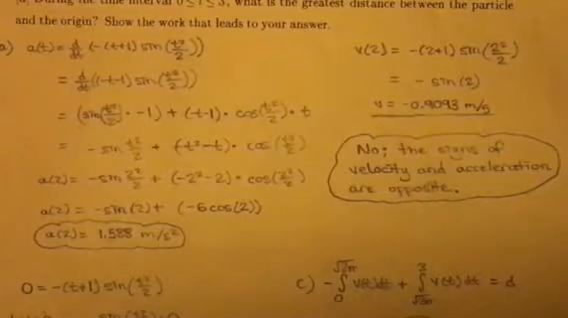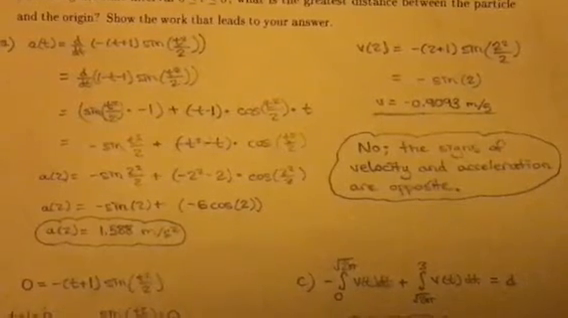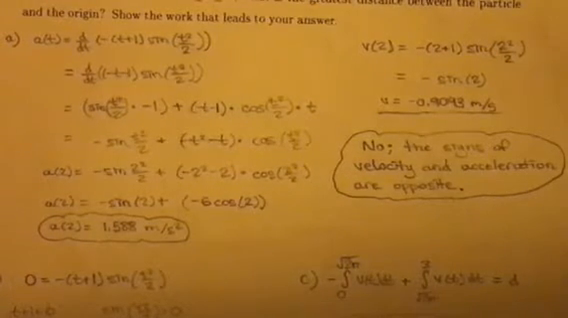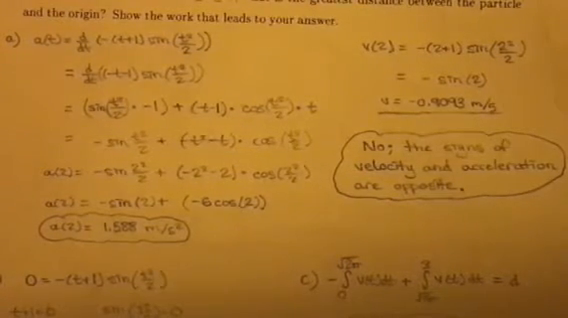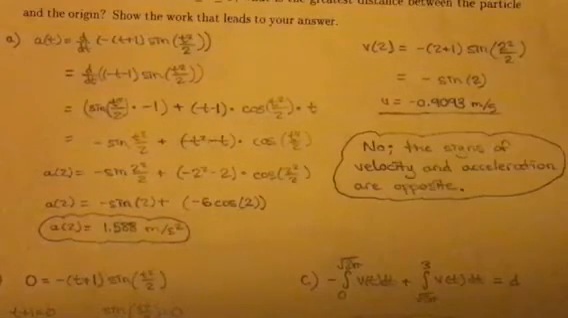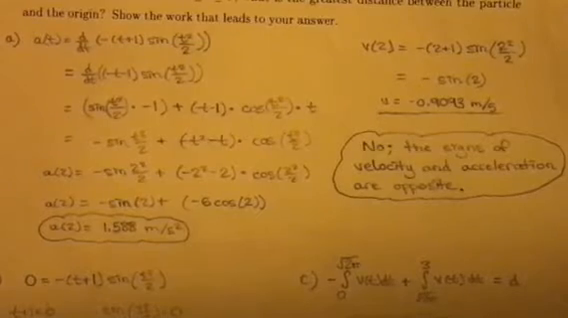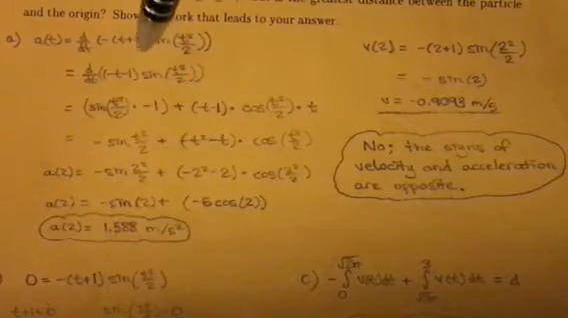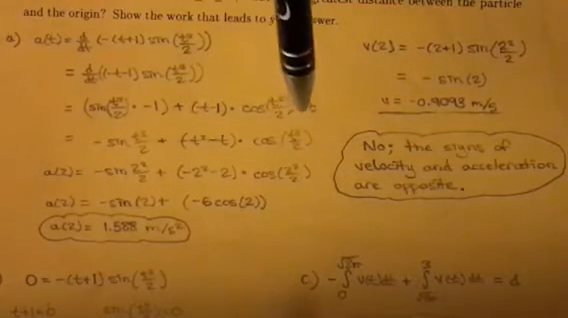And so part A of this problem asked to find the acceleration of the particle at time t equals 2 first. And so the acceleration of a particle in terms of time t is the derivative in terms of t of the velocity. So I just took the derivative in terms of t of velocity, and using the product rule,